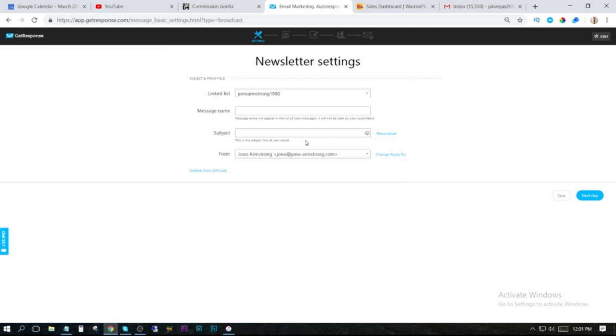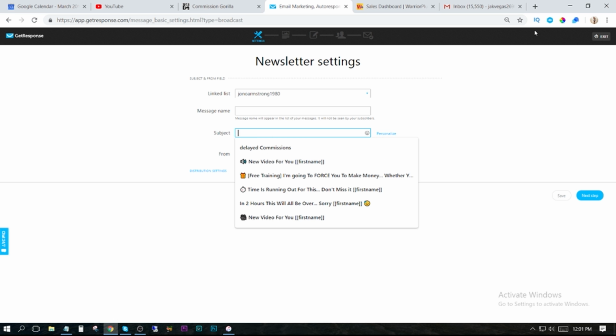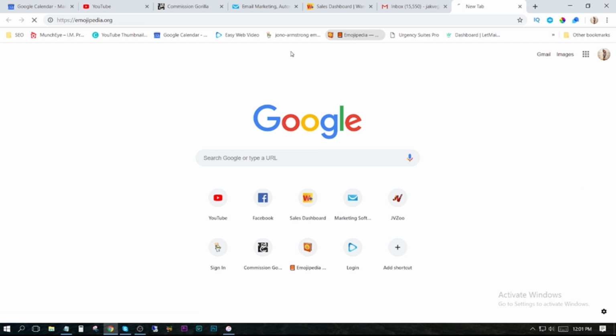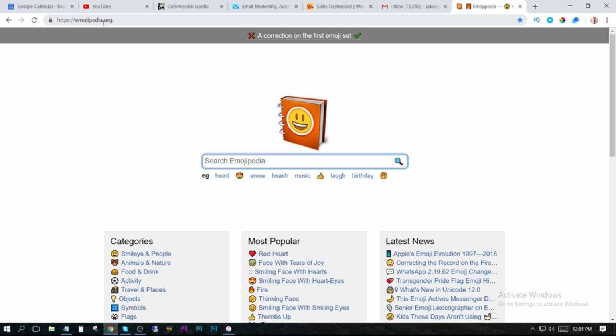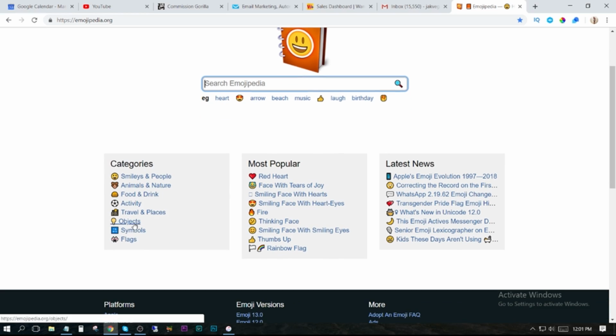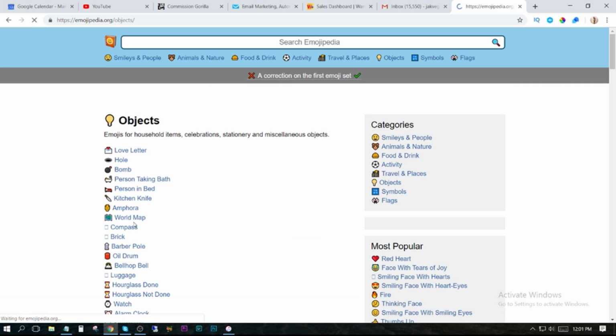So what I suggest you do here is you open up this website, which is called emojipedia.org. Okay, this is going to give you access to a huge library of emojis that you can use in your emails. Now, some of the ones that I recommend that you use, if you click on objects down here,